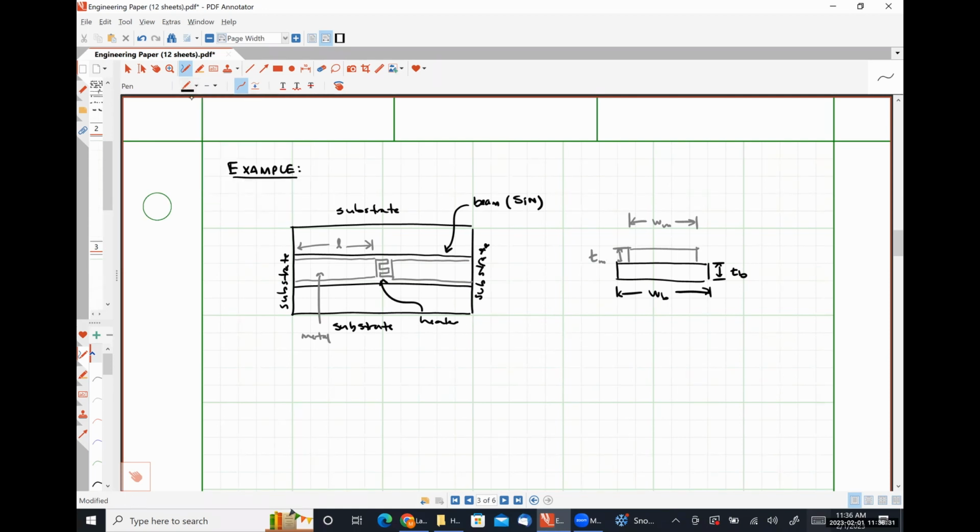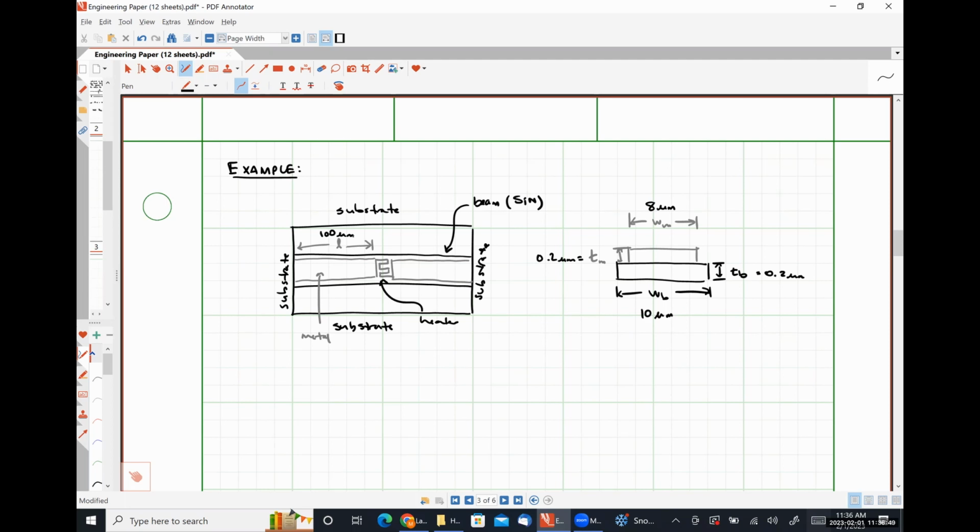So let's say that this value is 8 microns. Our thicknesses will each be 0.2 microns. This guy is 10 microns. Our length